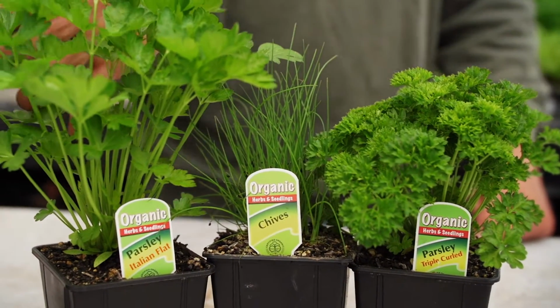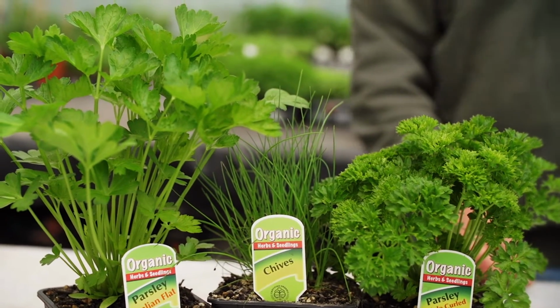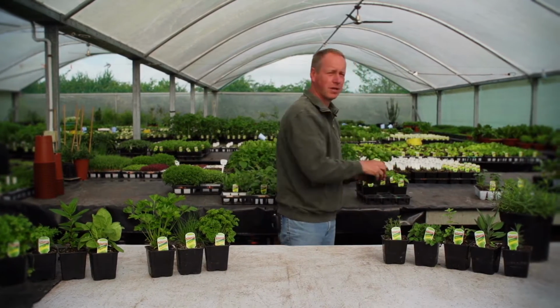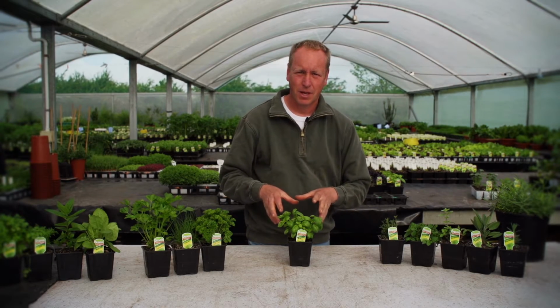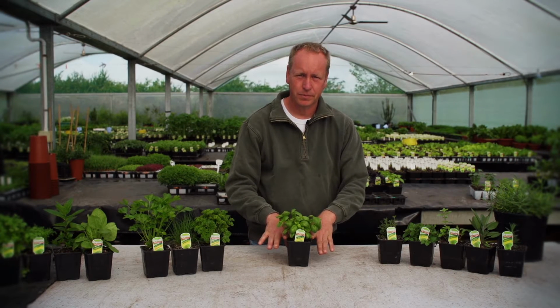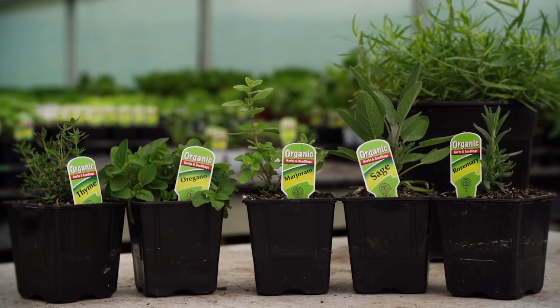In between that are things like your parsley and your chives. They'll take the warm weather, but they also like the moisture. And then there's everybody's favourite summer herb, basil. Basil likes warm soils and hot sunny conditions, but it also likes to have lots of moisture and lots of nutrients in the ground. Unlike the aromatic herbs, which like it a lot drier and they don't want a high